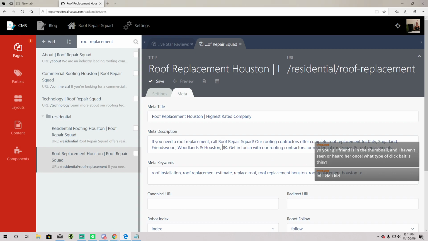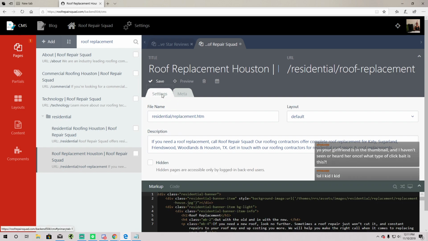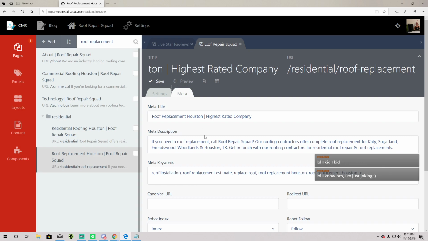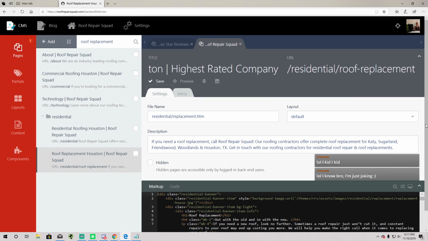Okay, put the description in here. We also want to change the title on the page because that's going to be the heading H1, I believe. And we're going to take out the meta keywords. Good. Now, one thing that we do want to do on these pages, but I'm just going to have the web designer do, is